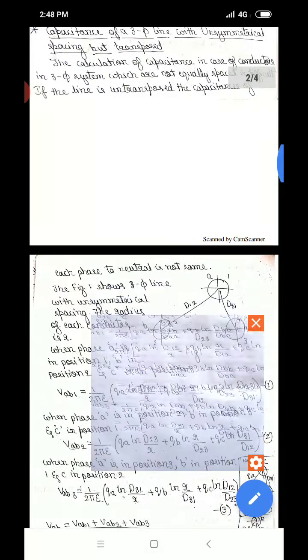Next, the distance DCB, the distance between C and B, is D12. That is what I have mentioned here, D12. Next, the distance between C and A is D23. That is what you mention here. Okay. Next, as it is,